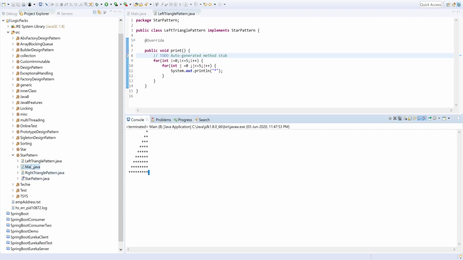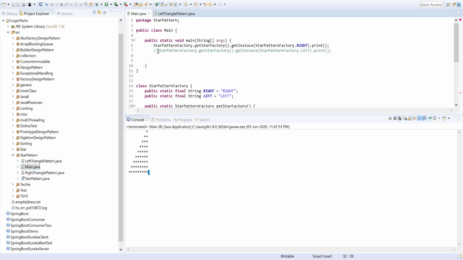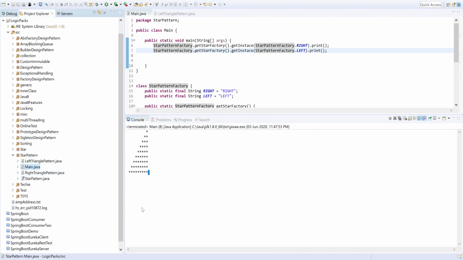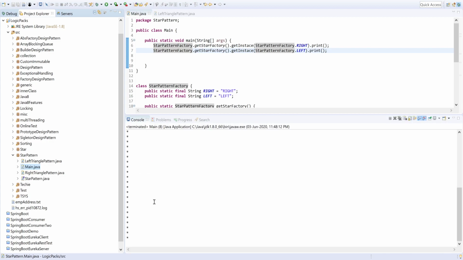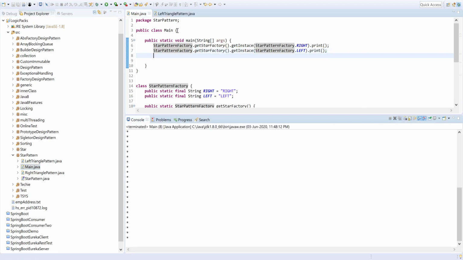Sorry for that, we haven't called it yet, so we have to uncomment it. It would call this print method. Sorry, I made a mistake.